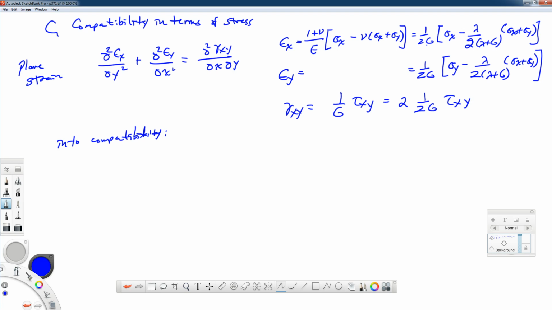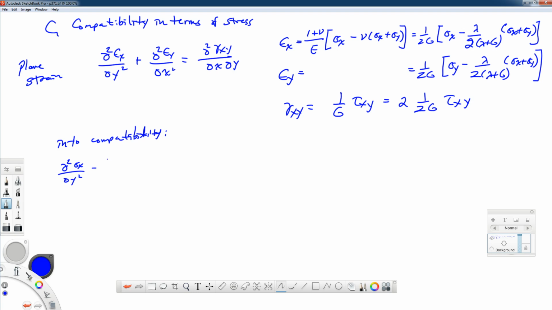We have the 1 over 2G multiplying all three of these terms, so it's going to cancel out on all three of the terms that we have. So I'm not going to write it down. We're going to have the second partial of epsilon x with respect to y twice. It's going to be the second partial of sigma x with respect to y twice